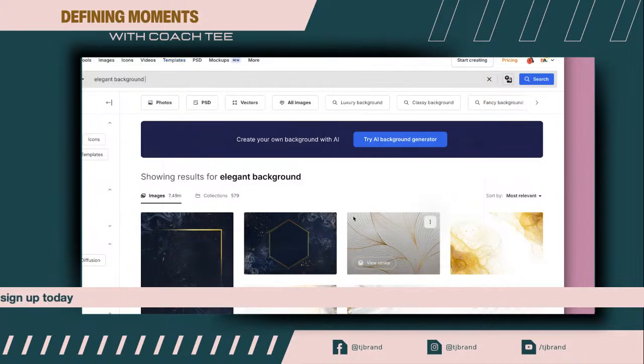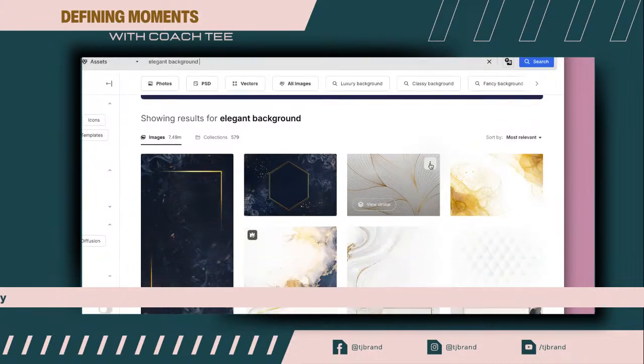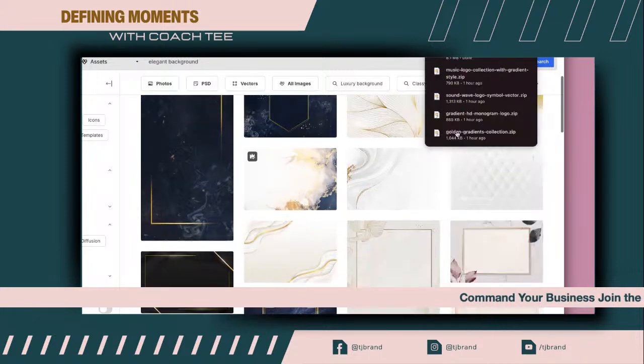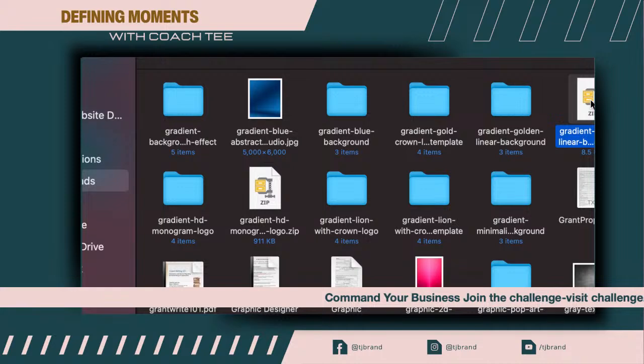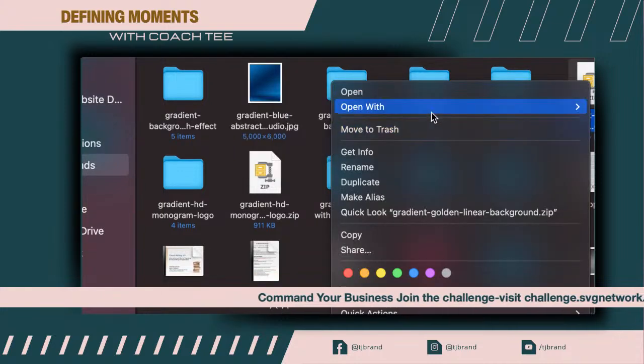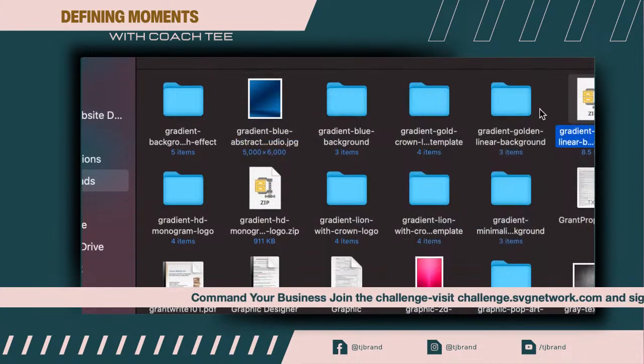All right, so I see this nice gold elegant background that I want to actually use.